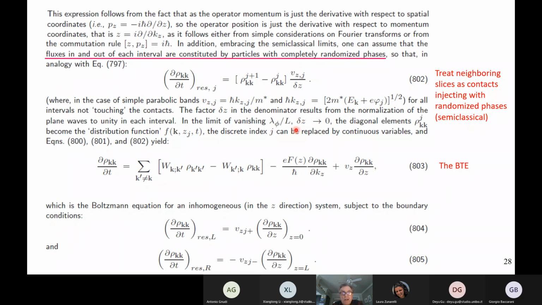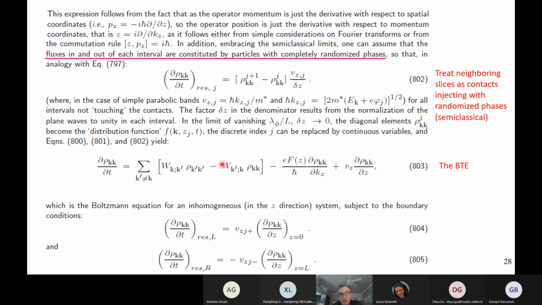Notice that the injection from one slice to the other is incoherent, so there is no quantum coherence between one slice and the other. And then what I have, you recognize, is just the Boltzmann equation in one direction, because I've assumed a one-dimensional transport problem. So the derivative of the occupation, which we can now call the distribution function of electrons at position k in k space, and position z in real space, having replaced the index j with a continuum z, is given by a collisional term of the